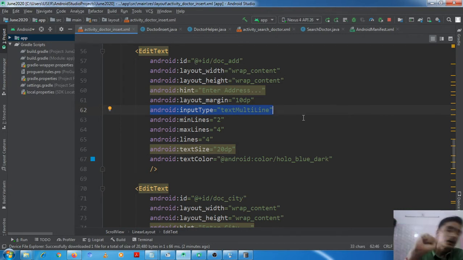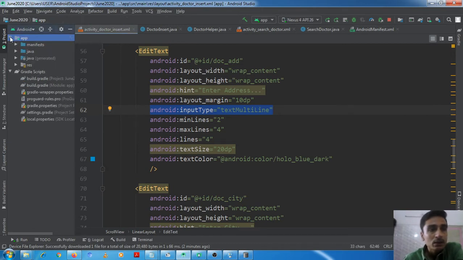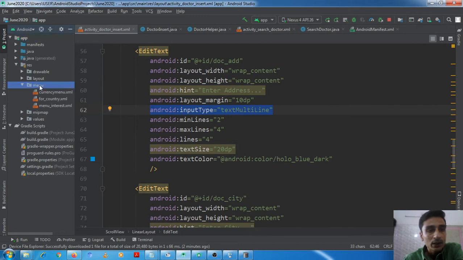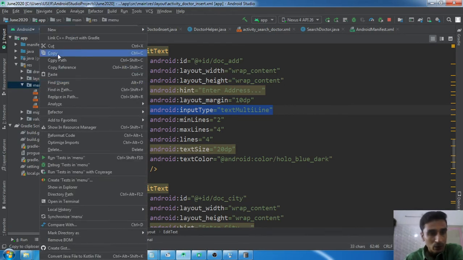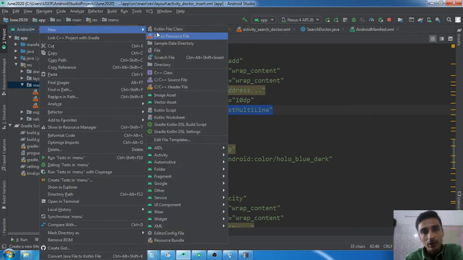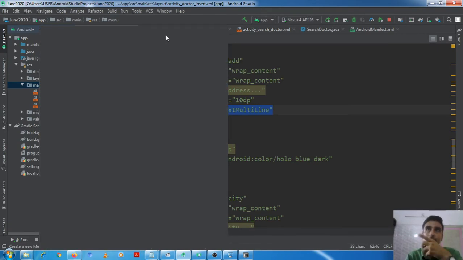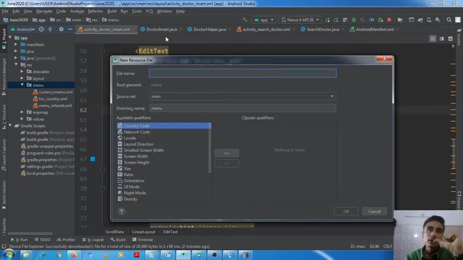the edit text. Okay, now next, for searching, we need to define a menu, as I told you earlier. So here I will right click. If the folder with the menu name is not available, we should create it. Right now I have one such folder available. So I will create one menu resource file, and as I told you, we will have only one option in it.